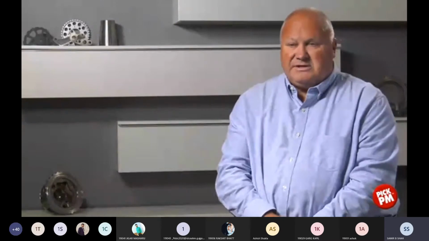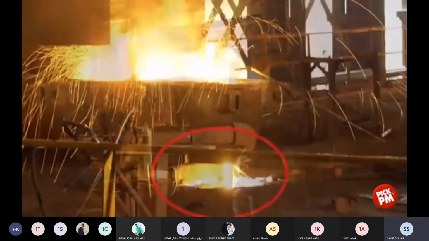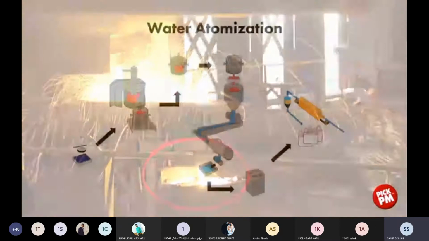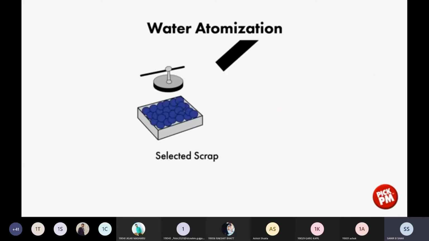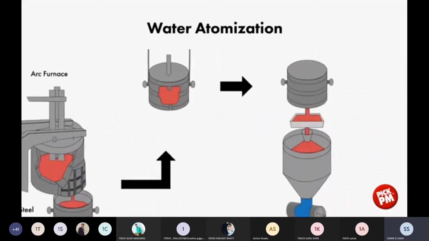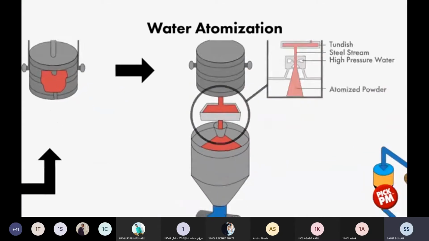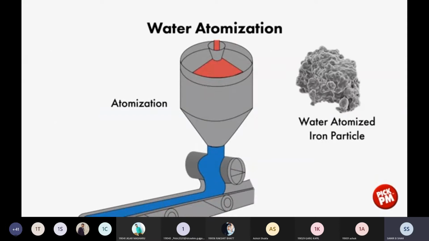Most of the powder that's used in the conventional powder metallurgy industry is produced from water atomized material, where high quality metals are melted and then poured through a tundish and hit with high pressure water and atomized. This graphic shows the flow of water atomization. We start with high quality scrap iron in this case. The iron is melted and then poured into a ladle, and from the ladle it's poured into a tundish. Through the tundish, the material then flows into the atomization area, where high pressure water converts the molten metal into